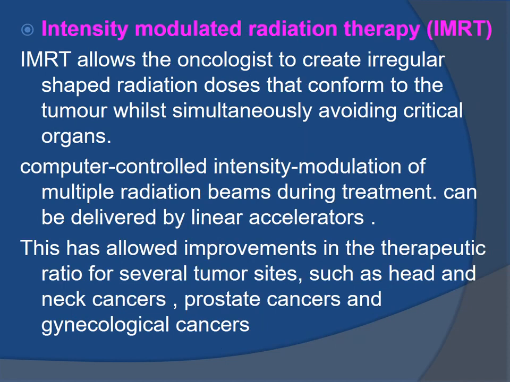Intensity modulated radiation therapy, or IMRT. IMRT allows the oncologist to create irregularly shaped radiation doses that conform to the tumor while avoiding critical organs. It uses computer controlled intensity modulation of multiple radiation beams during treatment. It can be delivered by a linear accelerator. This has allowed improvement in the therapeutic ratio for several tumor sites, such as head and neck tumor, prostate cancer, and